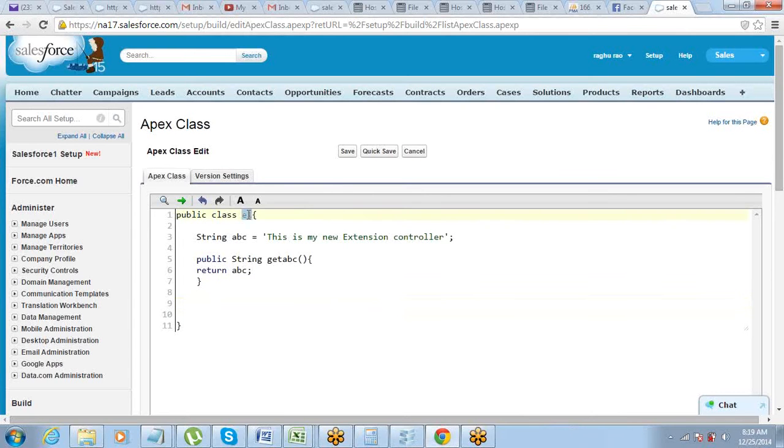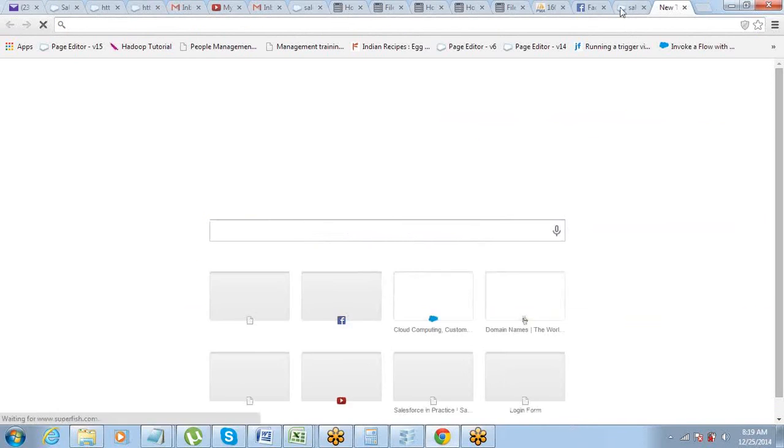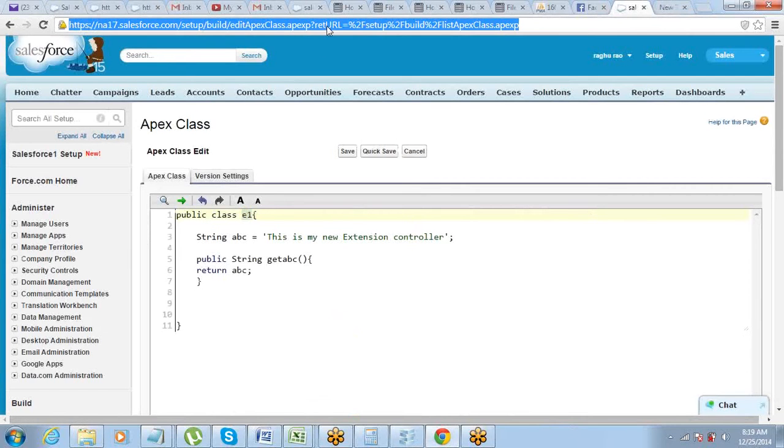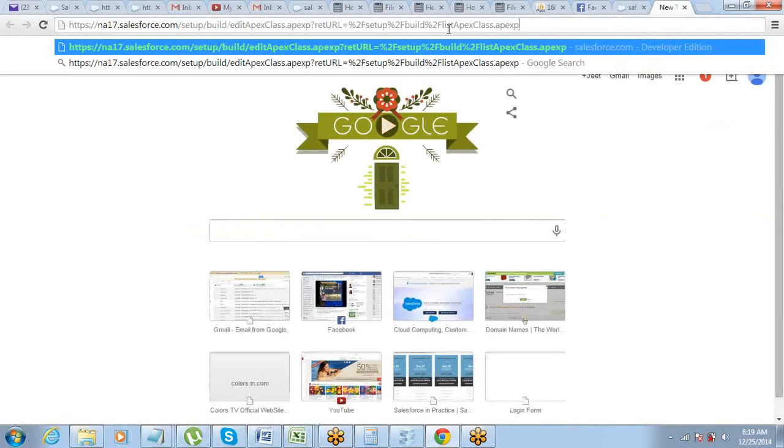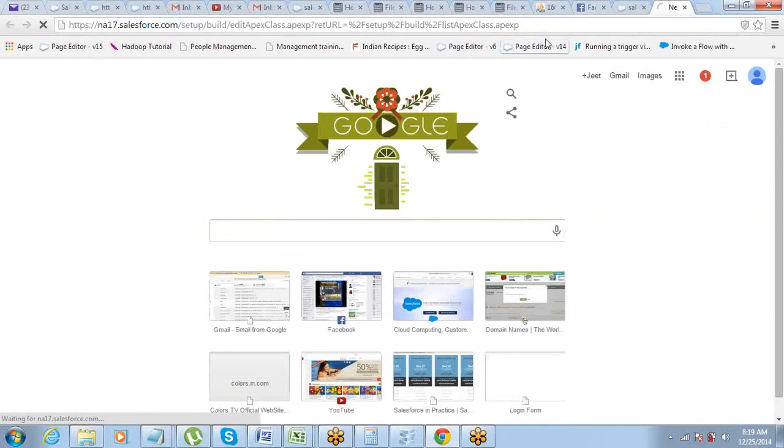Now let me call this as an extension on the Visualforce page. Now you can call it on any Visualforce page which already has a controller. You can call it there as well. So let me just go here and